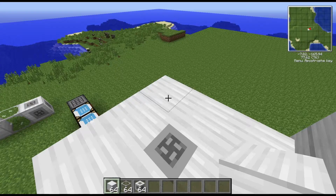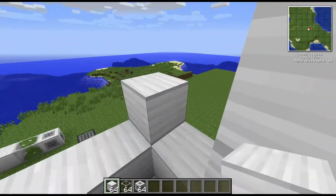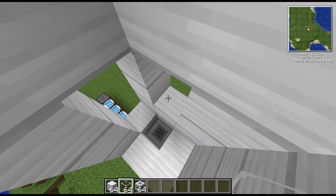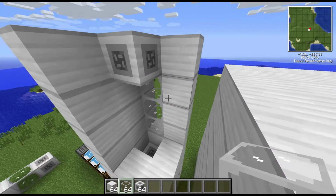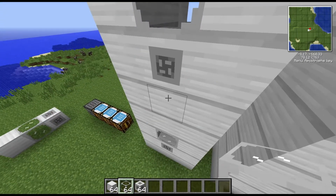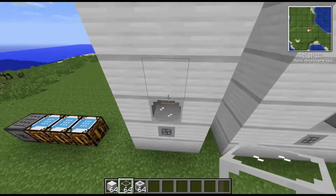Now, as I said, we can stack tanks. Now, I don't know if this is quite gonna work like this. I hope it will. We shall soon find out though. Might need another base on there, so we can go up like so. Hopefully these tanks are going to join together. Put that up there. As I say, not entirely sure how the tank stacking works, and that's not worked because presumably we actually need a block there as well. And there we go, so we've got a tank on top of a tank,